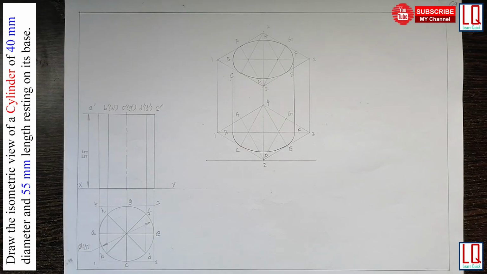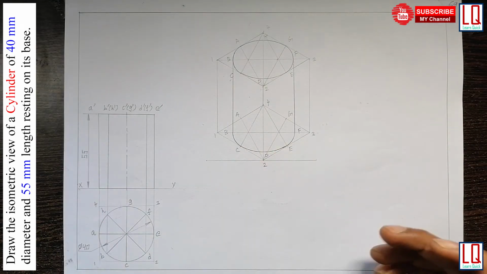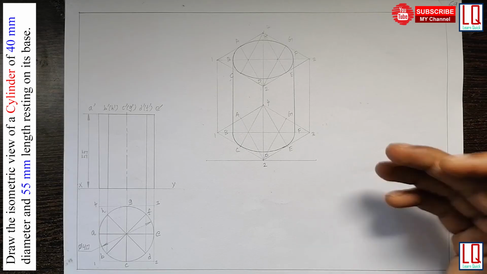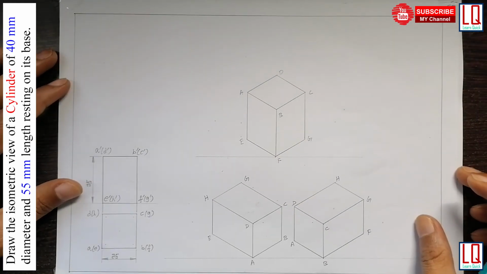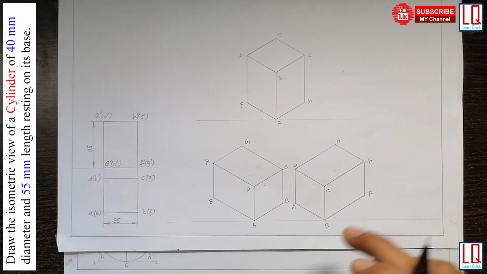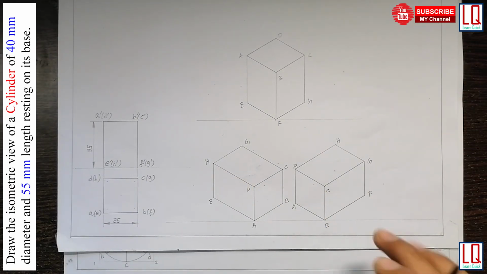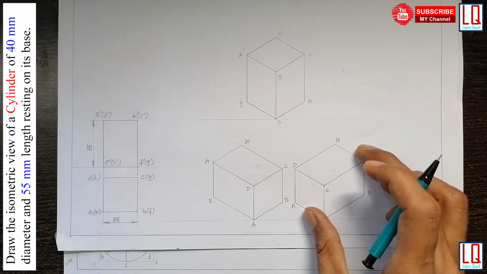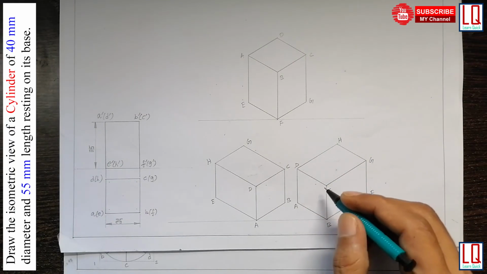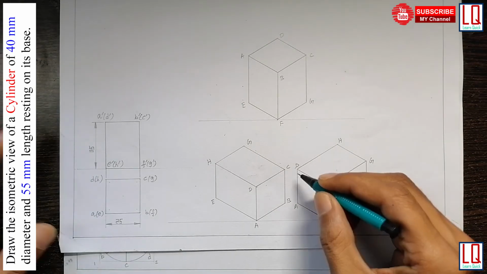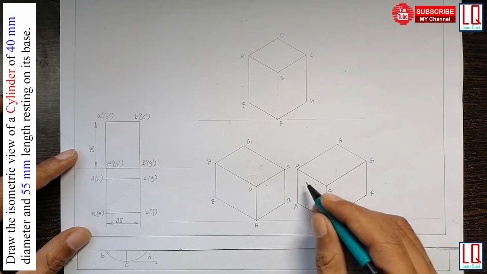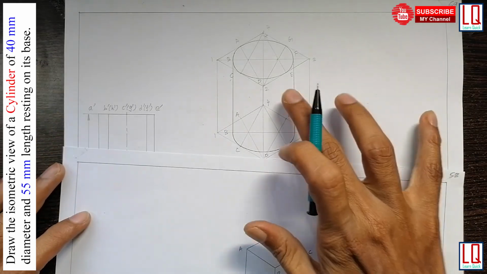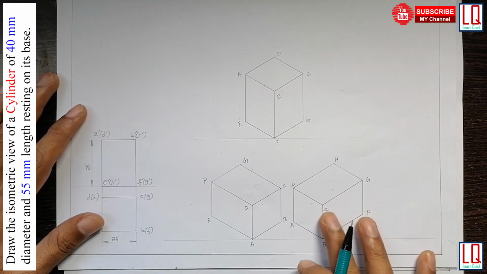So the same cylinder can also be drawn keeping the base circle vertical. So just like we did for the previous problem for square prism, the same procedure can also be followed here. So in case if you want the cylinder to be lying down either in this direction or this direction, you have to make the enclosing box in this manner, and then you have to do the V procedure. You have to connect the far ends, far corners B and D with a line, and then you have to make V. The same procedure whichever we have followed here, you have to do it in this, and then you